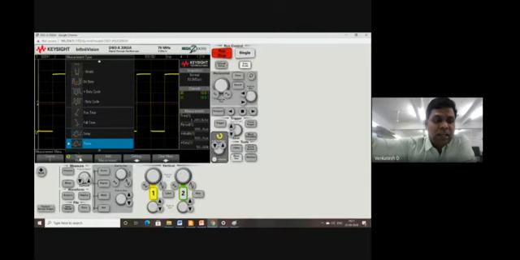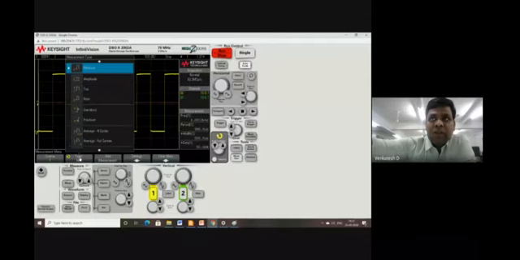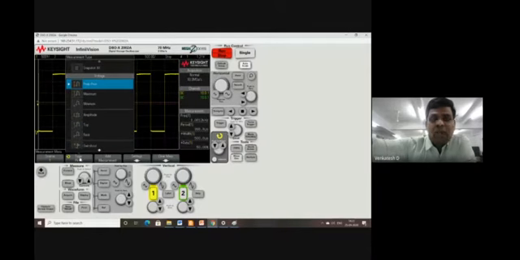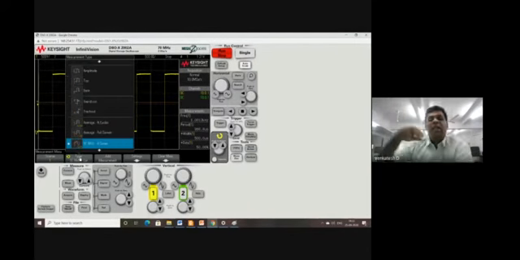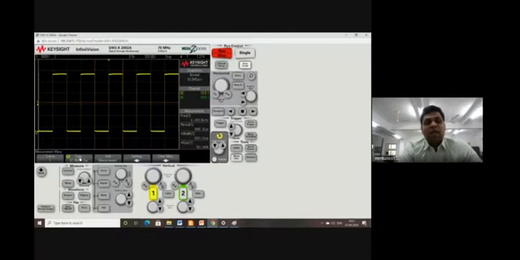It can also measure peak to peak voltage, the maximum voltage, the minimum voltage, average amplitude, the peak voltage, the negative base voltage, the overshoot, and the pre-shoot voltage. Whatever measurement we require with respect to an electrical signal can be done with the help of this oscilloscope, and we don't have to do it manually. We can measure it from time to time.